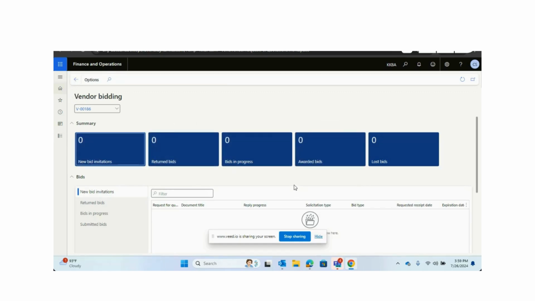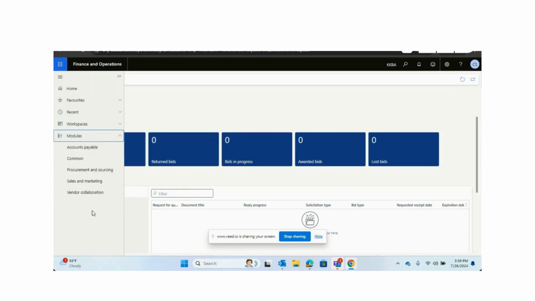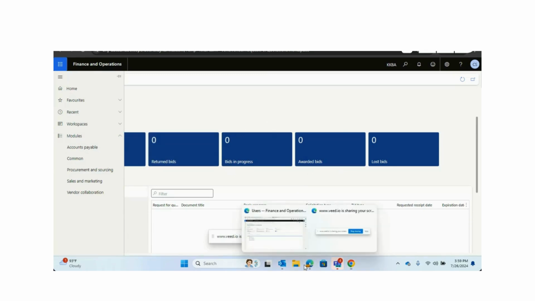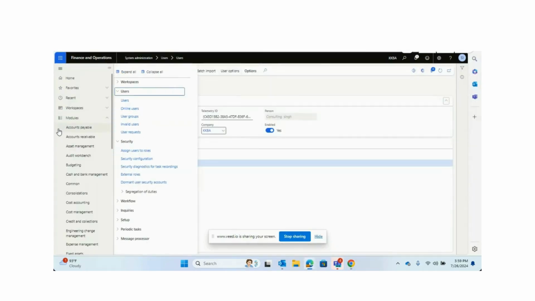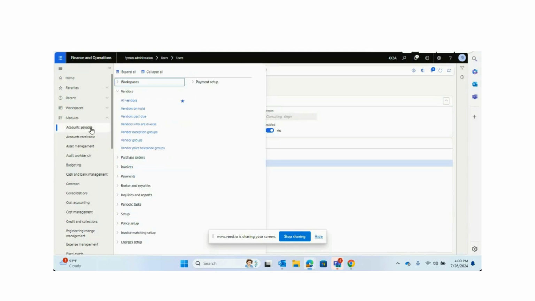So here one more thing I want to tell you, like here I have some workflow through vendor. Suppose the vendor is making any invoice, so there should be some person who will check this vendor invoice, so you have to enable workflow. For this I have no worry. To explain this properly, I will make another video on how many workflows we are using. For this you need to go here